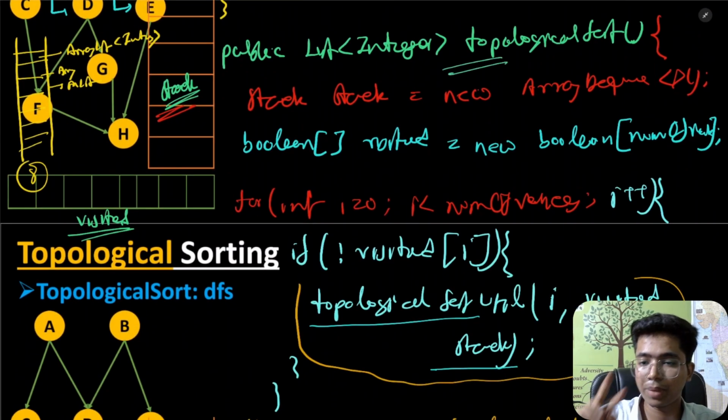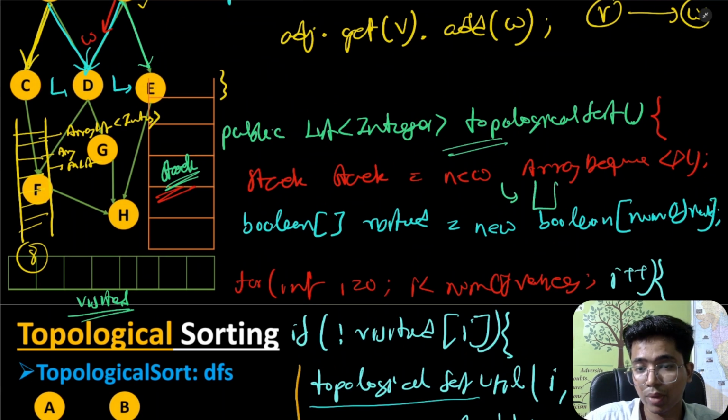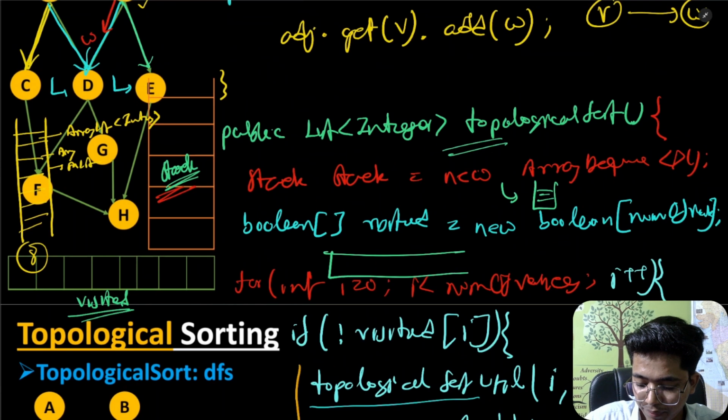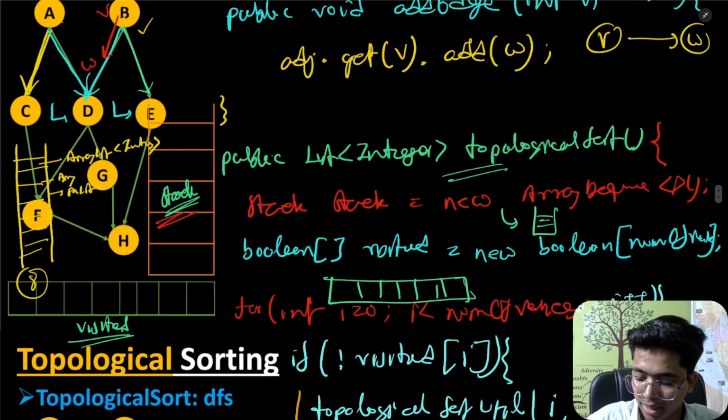When we started performing the topological sort, an important thing is that we created a stack. That means the stack you can see here was created using this line. And the Boolean array was also created in the topological sort. Now in topological sort, for all the vertices that are present here, we are checking if